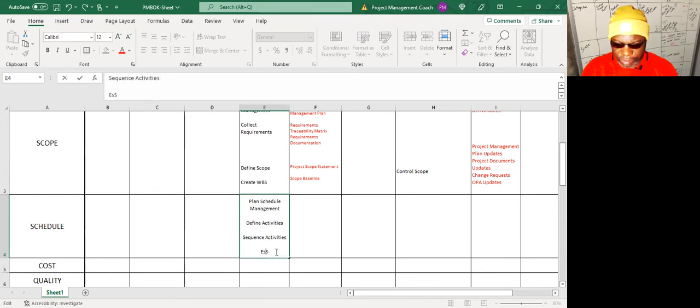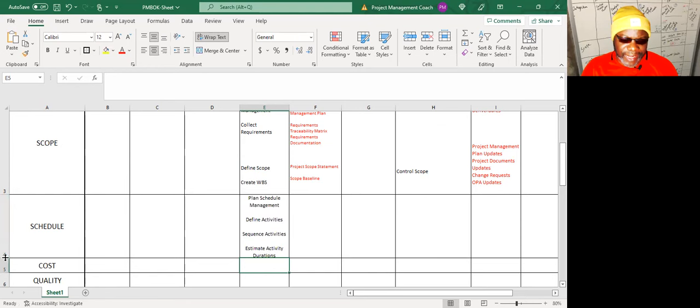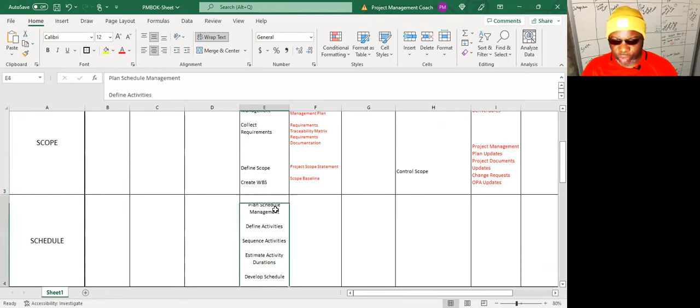I think I lost some of it. Estimate activity duration. And develop schedule. So if you understand the logic of all of these, the flow, you first of all plan